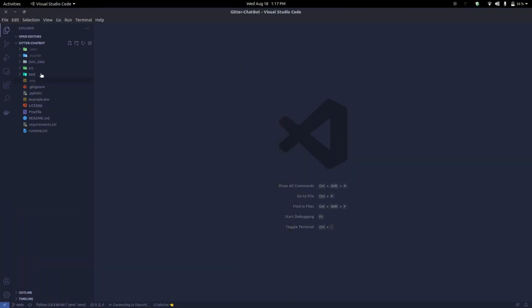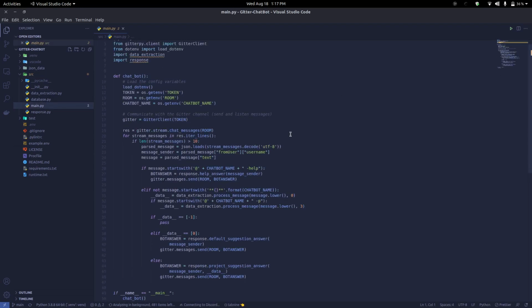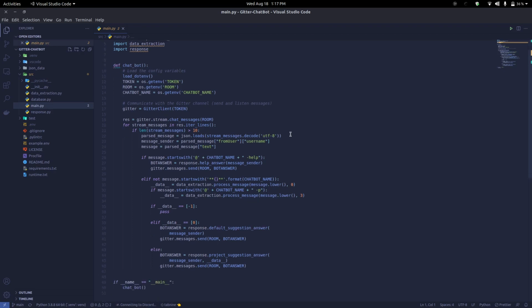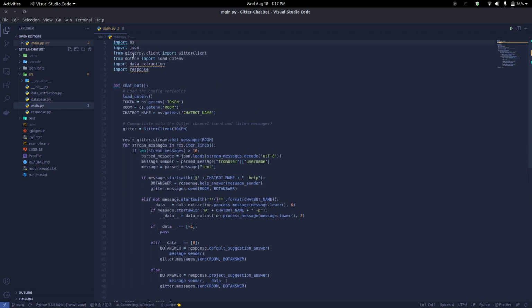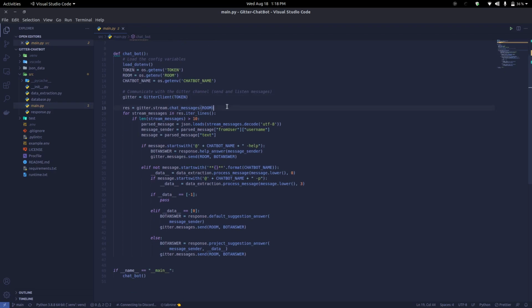Okay, so here in the src directory I have created modules for each and every functionality. So for the communication and the main body of the Gitter chatbot, we have a main.py module which deals with the connection of the Gitter channel and the chatbot. Here I have used the GitterPy library and I have created an instance of GitterPy client, which requires a token that is loaded from the environment file, and after that the stream API provided by the